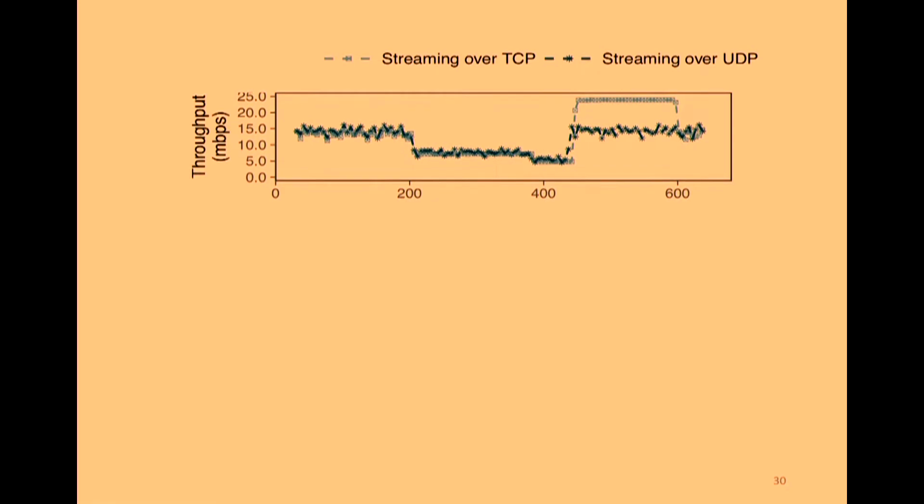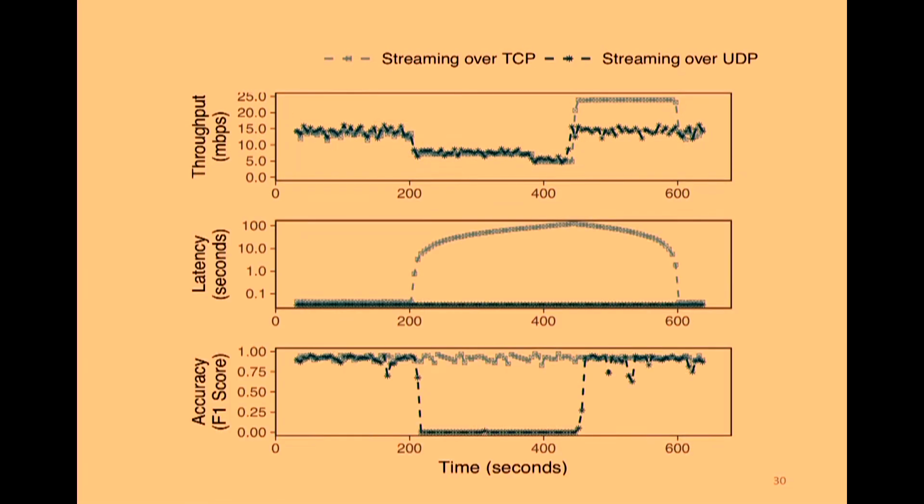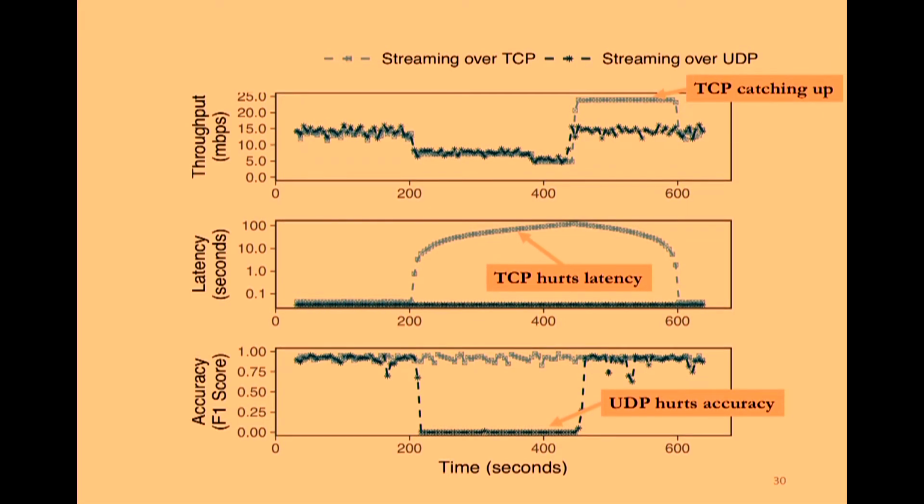Now the controlled runtime experiment follows Jetstream, where they apply traffic shaping at 200 seconds. They increase the level of shaping at 380 seconds and remove shaping around 440 seconds. And the figure here shows the achieved throughput, and they also measure the latency and the accuracy. We can see that TCP, which had queued items when the bandwidth was scarce, tries to catch up when more bandwidth is available. But the latency due to backlog data is very large, so notice the log scale on the y-axis. And while TCP gets good accuracy, UDP, on the other hand, has a pretty bad accuracy, even though its latency is very small.